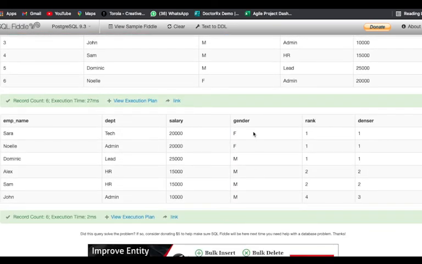Alright, so now if you notice, we have partitioned our columns by gender, and it has been assigned rank according to the salary and the gender. So first we have our females, both of them are females, and both of them have the same salary, so both of them have been assigned rank 1 and dense rank also 1.